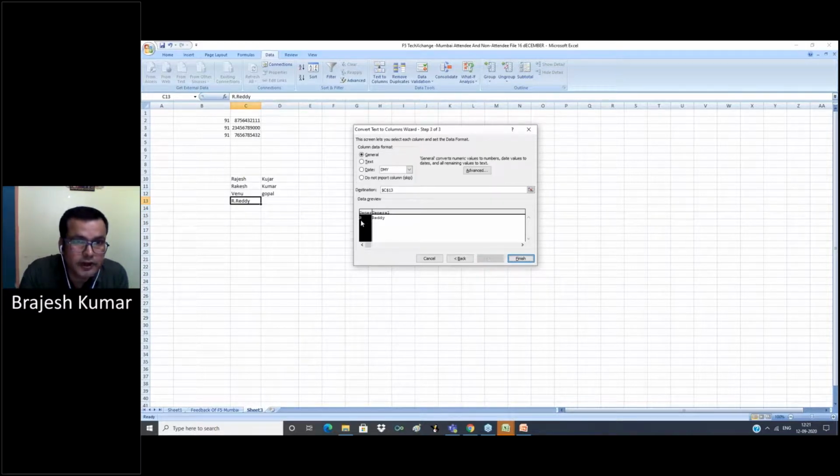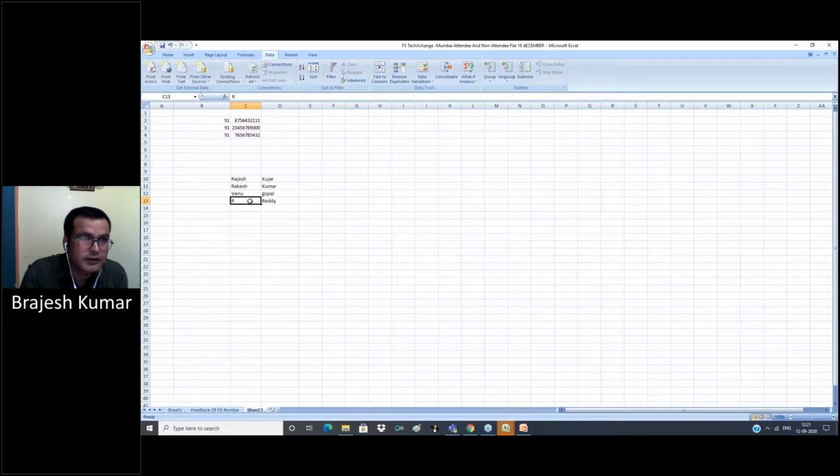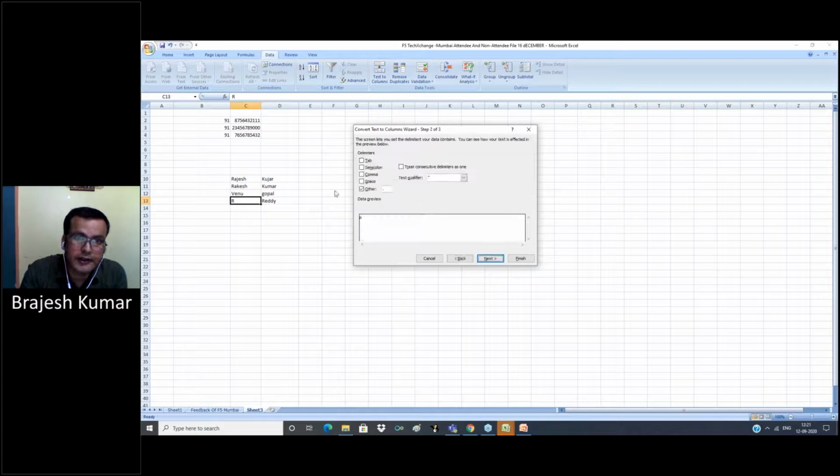Next, now you see r and ready are both separated. Finish. Now ready is separated from r in the next column, so we can use any option, tab, semicolon, comma, space, to separate our text into 2 or 3 or 4 columns, and also Other for a user-defined option.